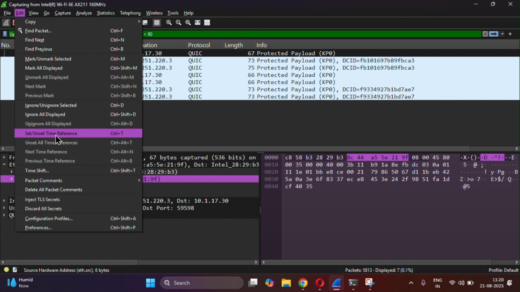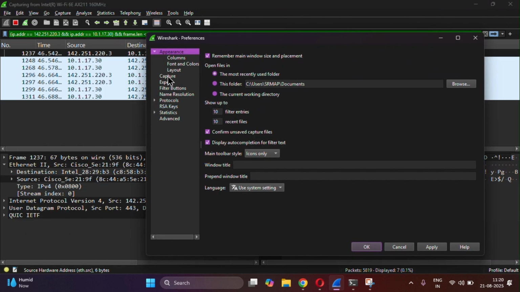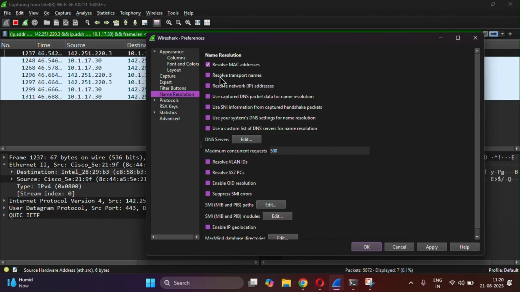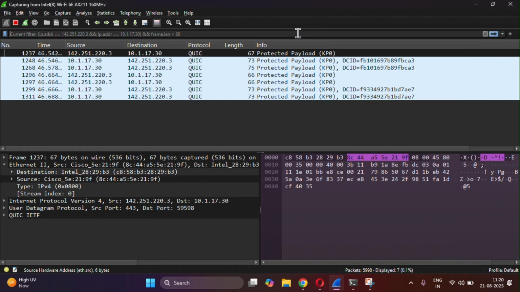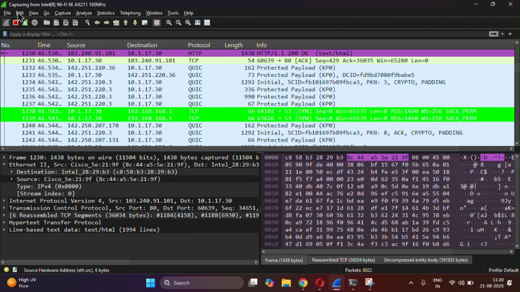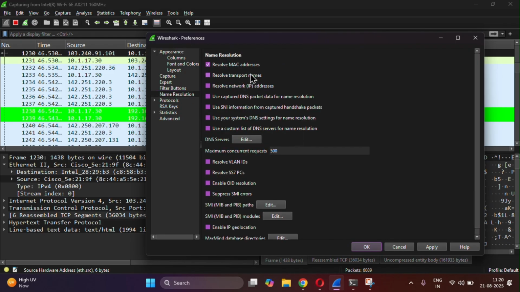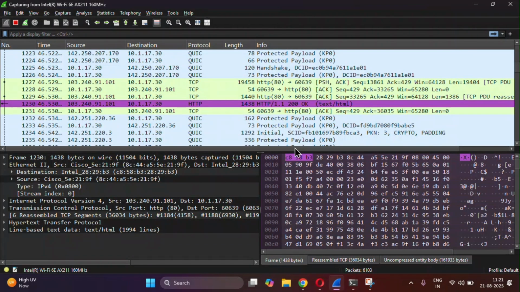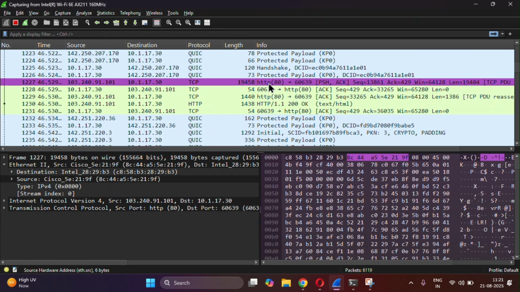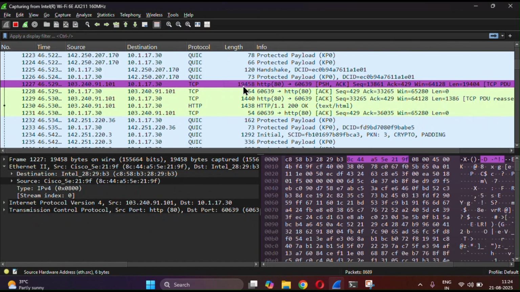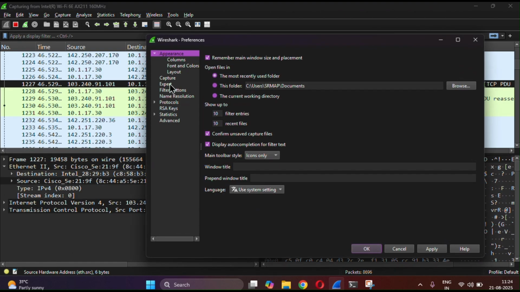Again, let's go to Edit, Preferences. Here we go to Name Resolution, Resolve Transport Names. Let us see what Resolve Transport Names does. So let's remove the filter, Edit, Preferences, Name Resolution, Resolve Transport Names, Apply. So now, one minute. What the name resolution is doing is,